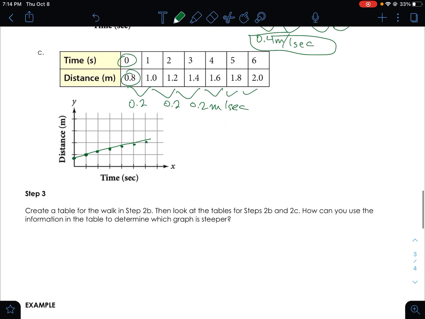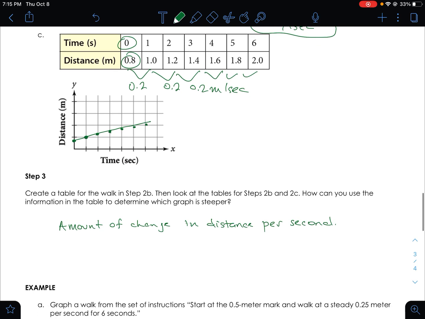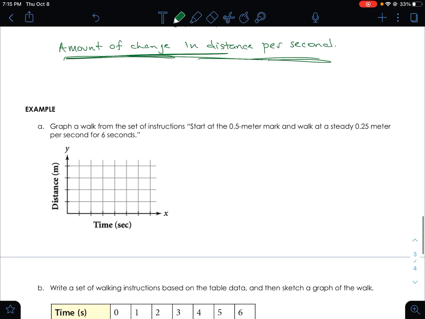Okay, so how can you use the information in the table to determine which graph is steeper? You're looking at the amount of change in distance per second. And this is going to come into play over and over again for the remainder of this unit and for a large part of Algebra 1. Okay, it is the amount of change in distance per second. All right, so